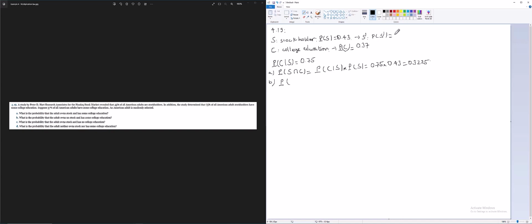So P of S prime is 1 minus P of S, which is 1 minus 0.43, and that gives us 0.57. So that's the probability that a person does not have stock. So here in part B, we need to find P of S prime intersect C,